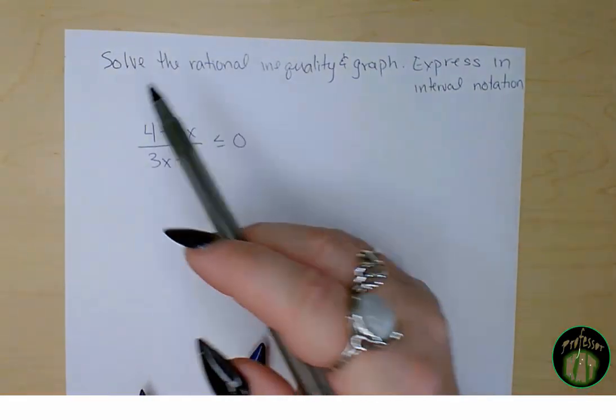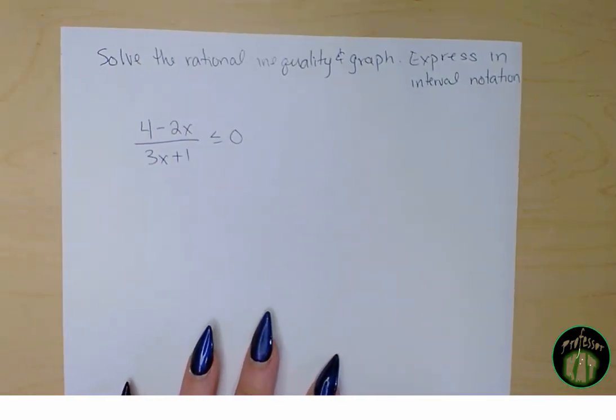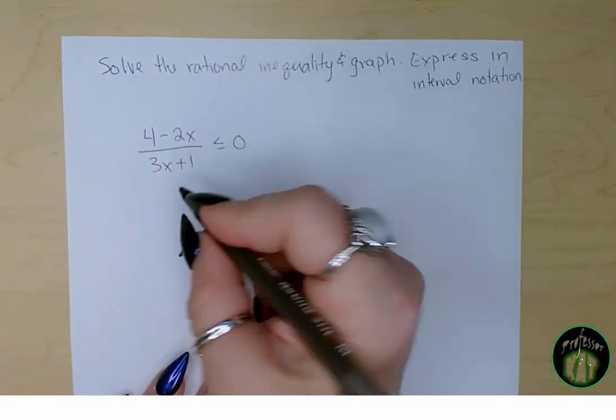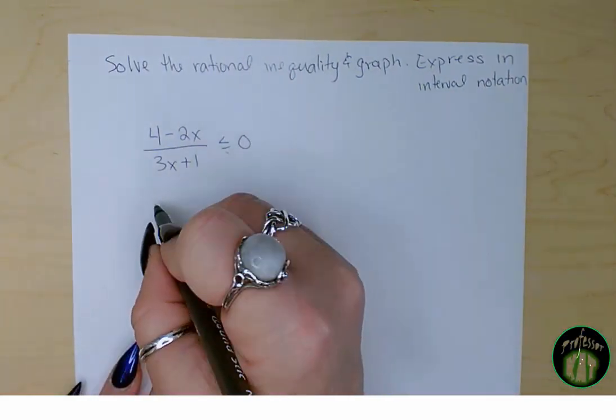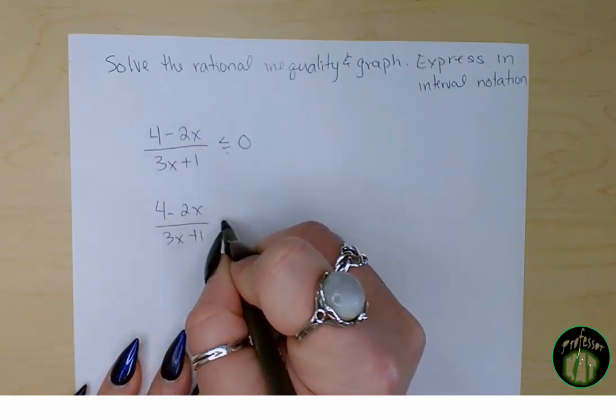So we are going to solve the following rational inequality. We are going to graph it on a number line and express our solution in interval notation. The first thing when solving a rational inequality is that it wants you to ignore the fact that it's an inequality at first, and we're going to treat it as if it's an equation and just set it